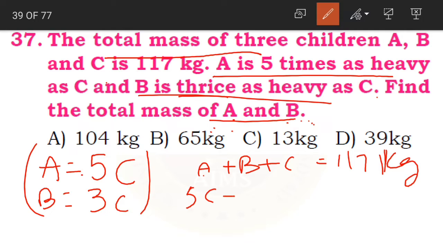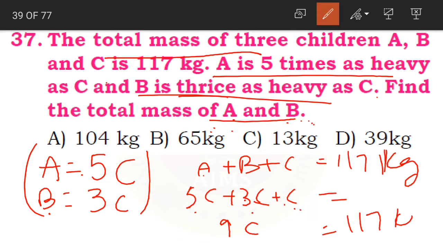A is equal to 5C plus B is nothing but 3C and C as it is. Yes children, consider this as 5 apples plus 3 apples plus 1 apple. C means 1C. How many C's are we having? Only 1. Yes, 5, 3, 1. 5 plus 3, 8. 8 plus 1, 9. And C common. We will write as 9 apples. Yes, in the same way, we are writing it as 9C.